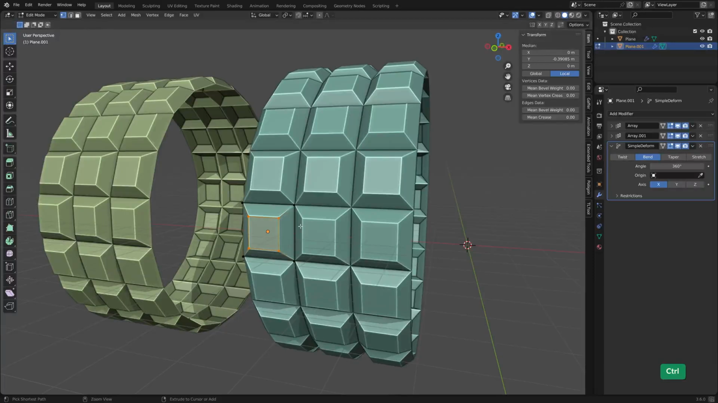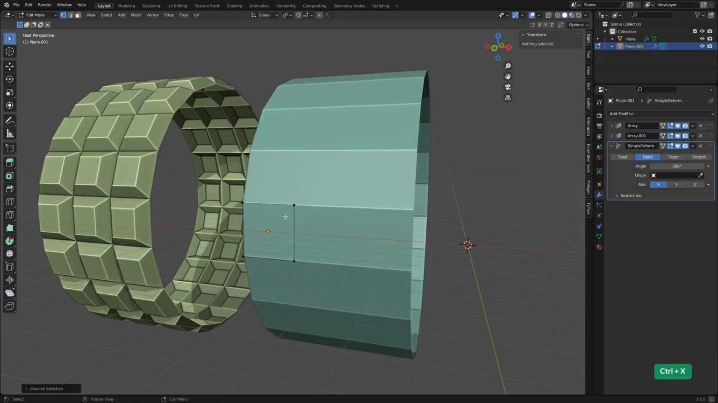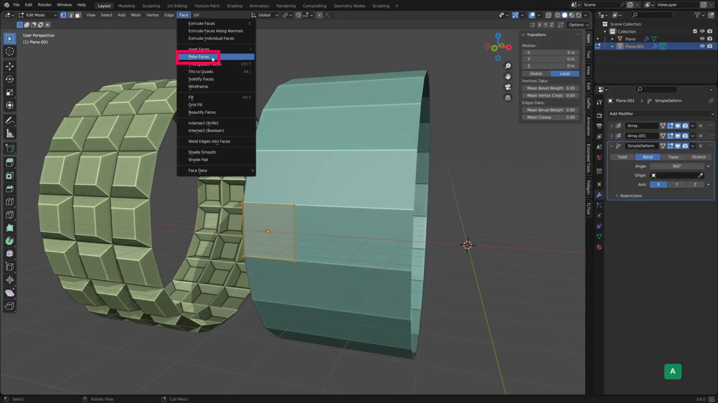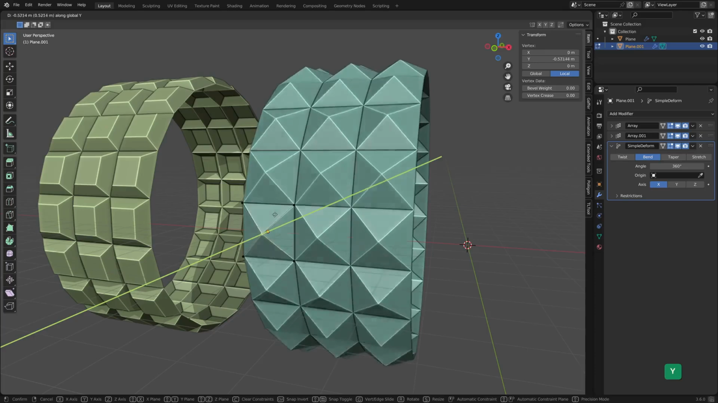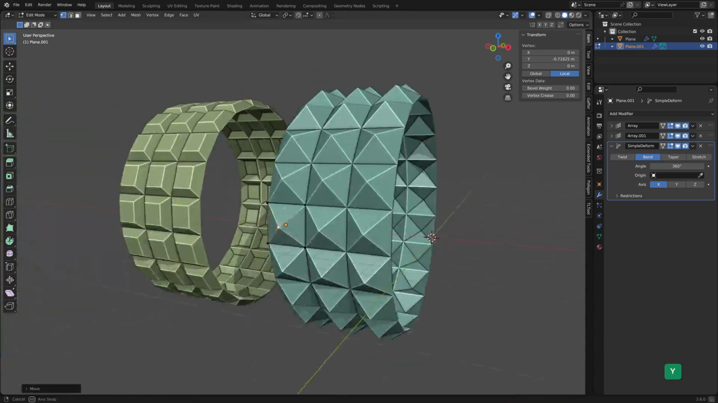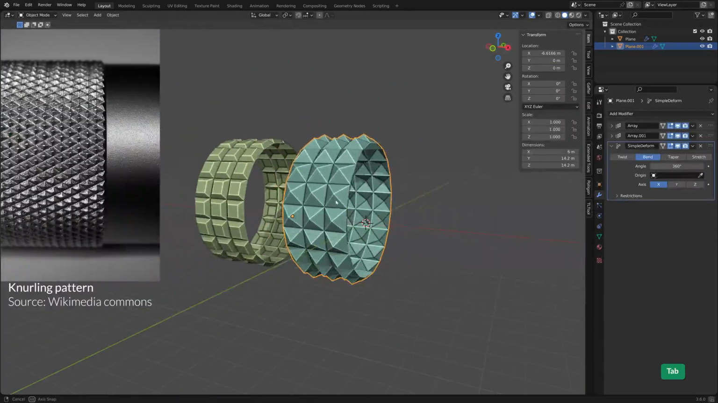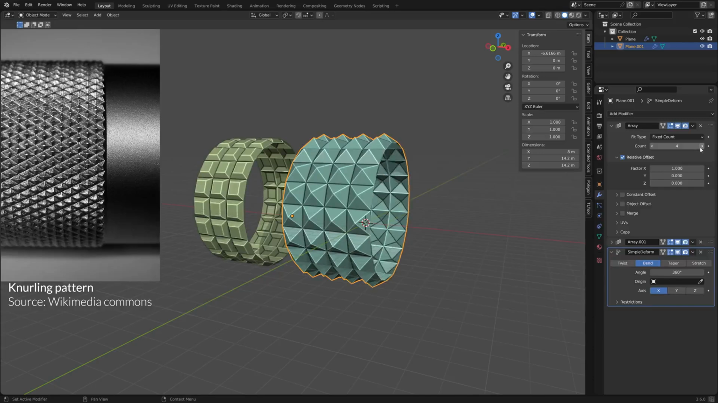Dissolve the inset vertices with Ctrl X. From the Face menu, choose Poke Faces. Then select the vertex in the middle and move it along the y-axis to create this pyramid shape. This is called a knurling pattern, and you can find more examples of it online if you want some inspiration